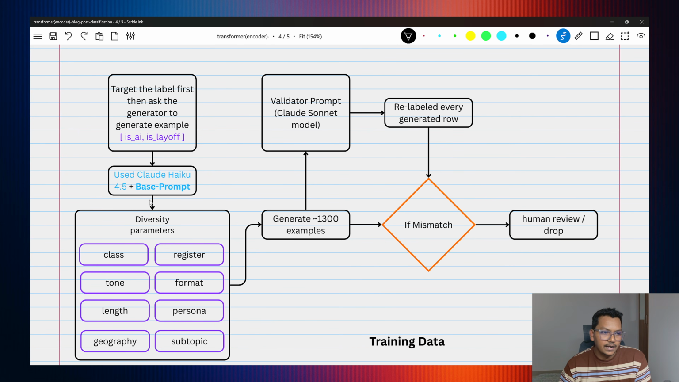Okay, because creating this base prompt, making it perfect, took time. This particular process, I created 1300 examples, but I am not stopping here. Because there's still uncertainty, since I'm using AI to generate synthetic data. Once I generated approximately 1300 examples, I then created another prompt that I'm